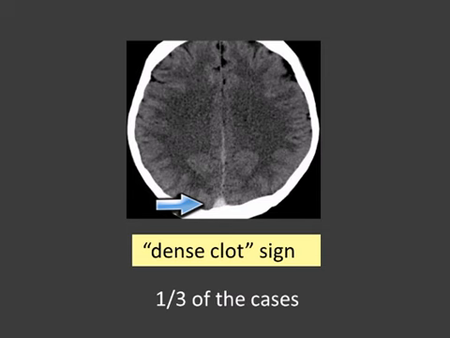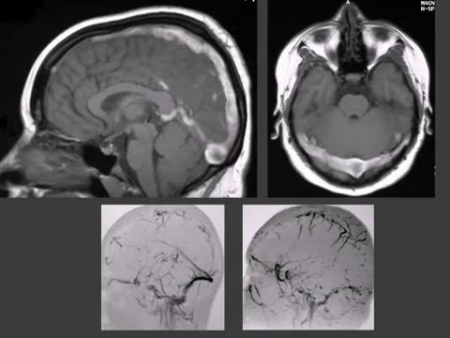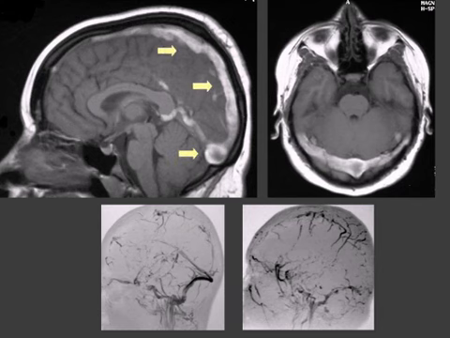Another sign, besides the empty delta sign, is called the dense clot sign. This is something else. This is on non-enhanced CT, when you will see hyperdensity of this sinus, which unfortunately is a good sign, but only present in one third of the cases. Depending on which stage of thrombosis you are in, the picture on MR, or signal intensity, will be different. This is a very hyperintense sinus on T1 in a subacute stage, when the clot will be hyperintense on T1